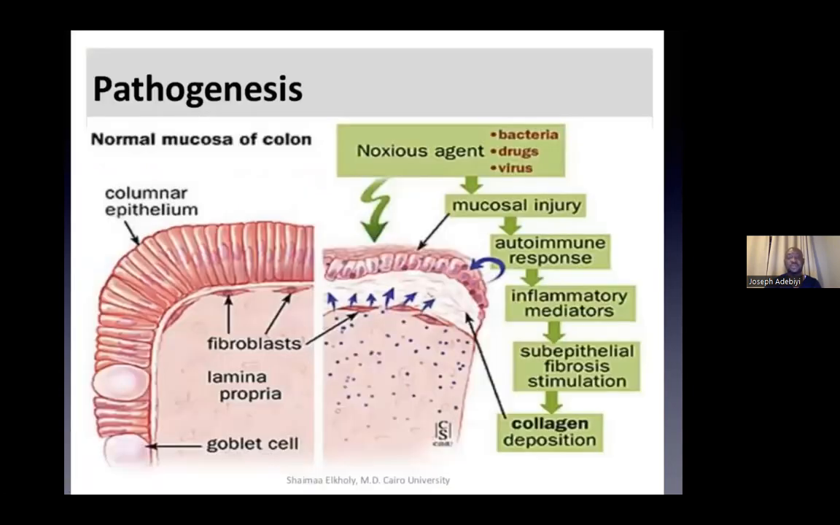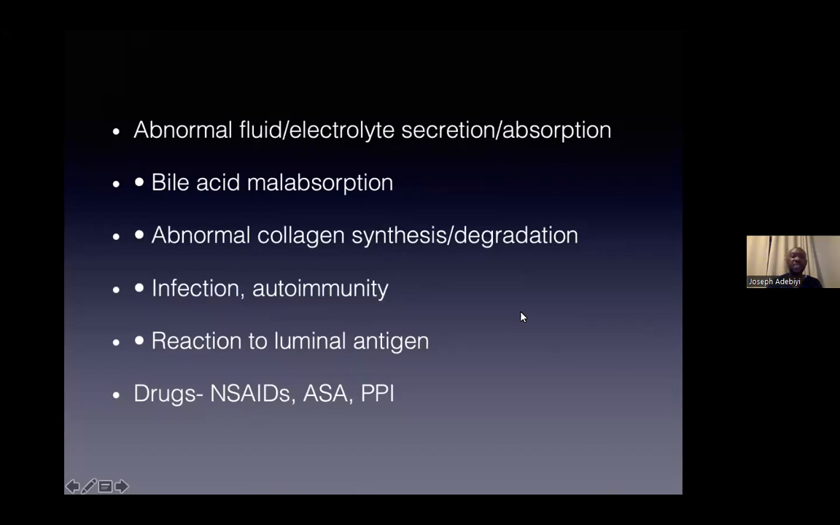and it would then lead to the development of microscopic colitis. Again, this is essentially looking more at the subepithelial level, where you have increased expression of fibroblasts, which then lead to thickening, production of inflammatory mediators and subepithelial fibroblast stimulation, and of course collagen deposition. So in summary, you have complex interactions of these